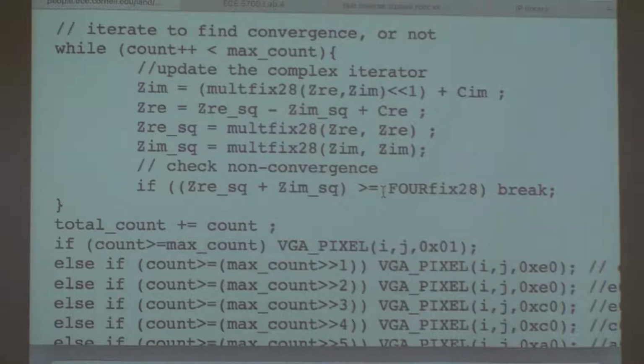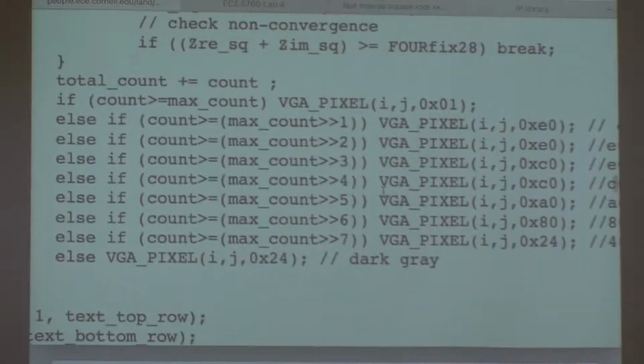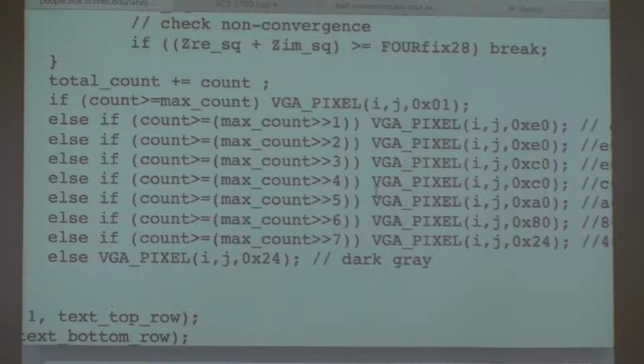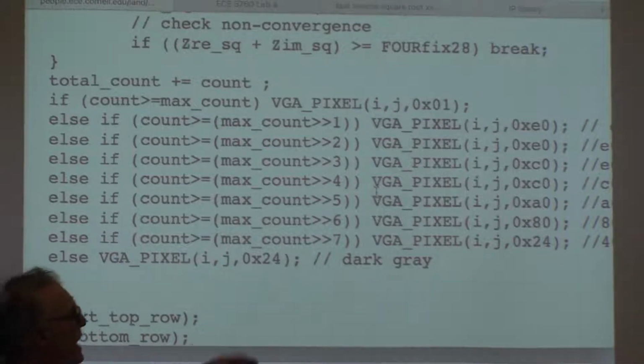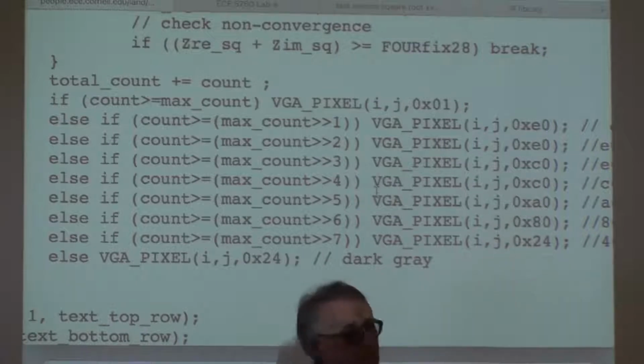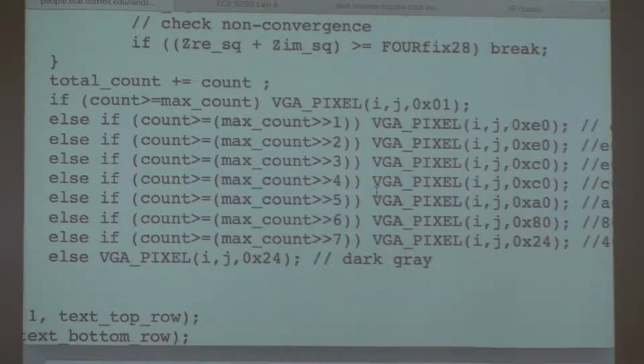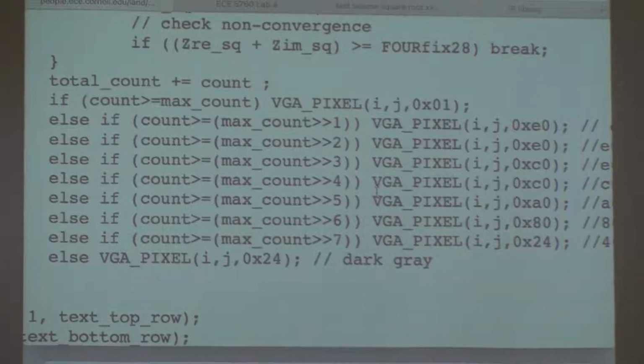And then this lovely chunk of code takes the log base 2 approximately. So I just shifted by factors of 2, which gives log base 2, and assigned what I thought were some pretty colors in 8-bit format. And you're going to do something like that in Verilog also. You're going to find the location of the high order bit, so the log base 2 of a number,